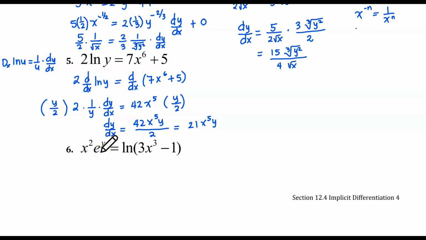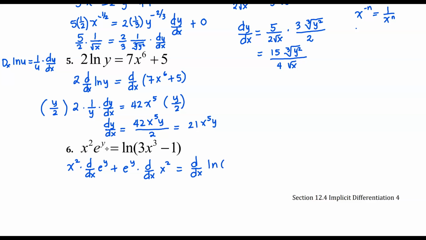So using the product rule, we have x squared times the derivative with respect to x of e to the y, plus you copy e to the y times the derivative with respect to x of x squared is equal to the derivative with respect to x of